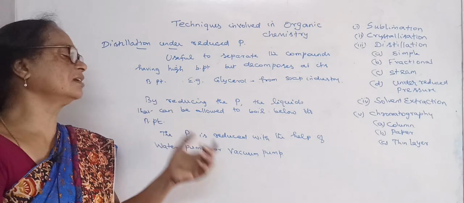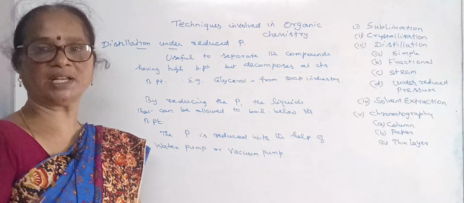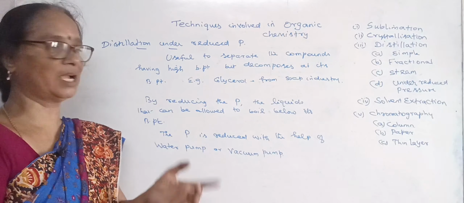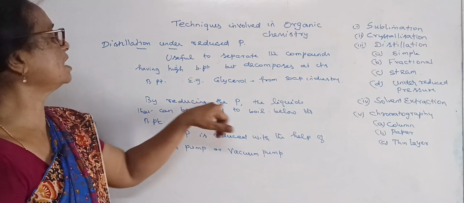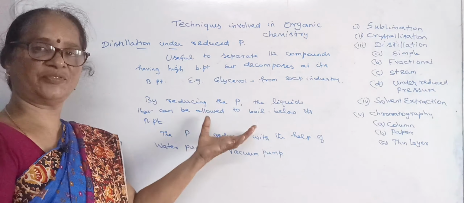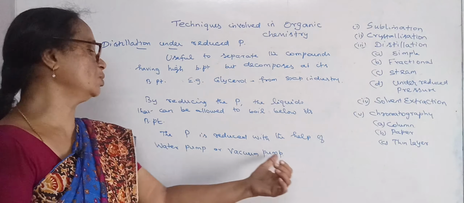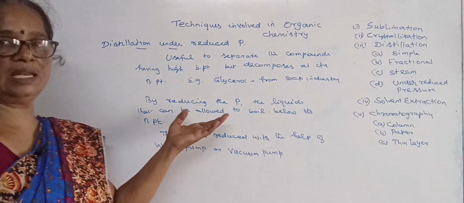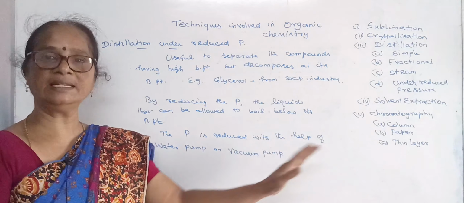So in this technique we have to reduce the pressure. When the pressure decreases, the boiling point of the substance also decreases, because pressure is directly proportional to temperature. That pressure can be reduced from the surface of the liquid by using either a water pump or a vacuum pump. So the liquid can be allowed to boil at a lower temperature than its actual